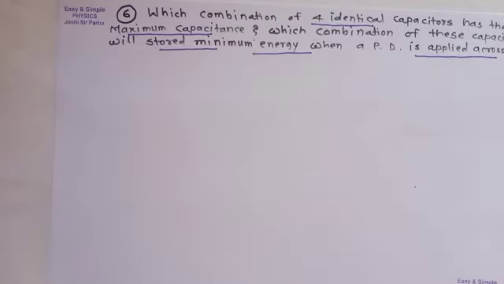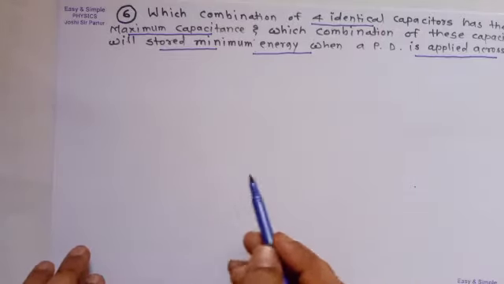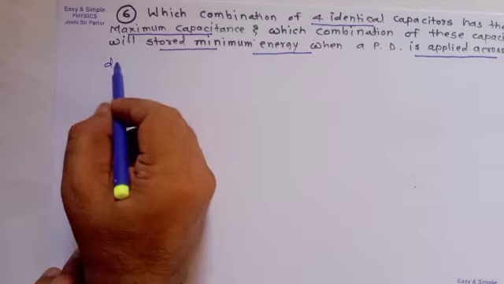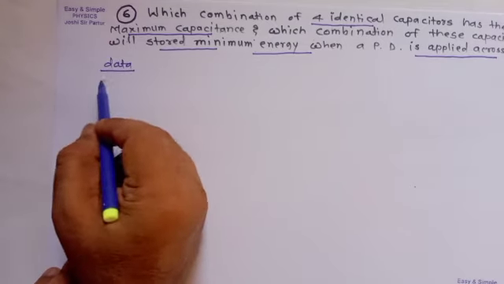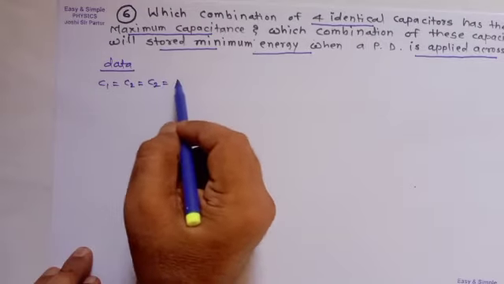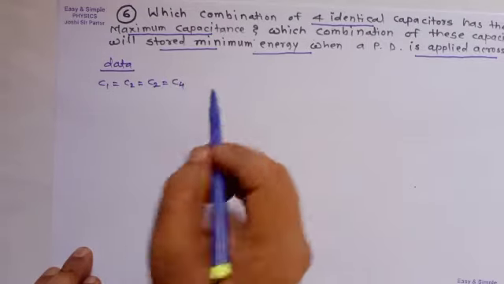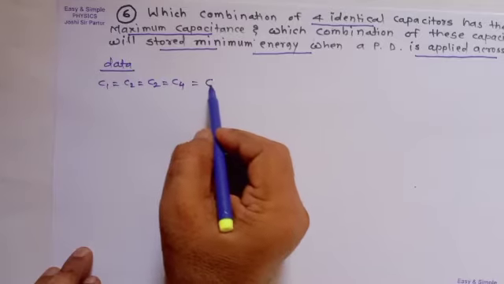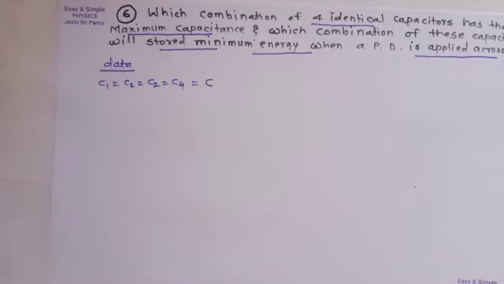In such an example, actually no value is given. But 4 identical capacitors are there. So data will be 4 capacitors C1, C2, C3 and C4 having the same capacity, that is C. Means each capacity will be C. So first we want to find